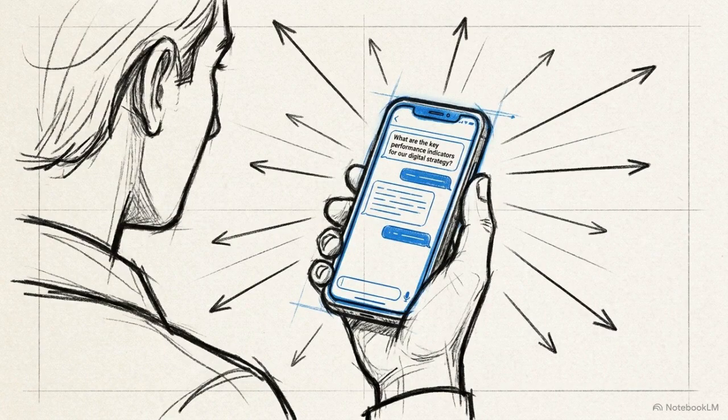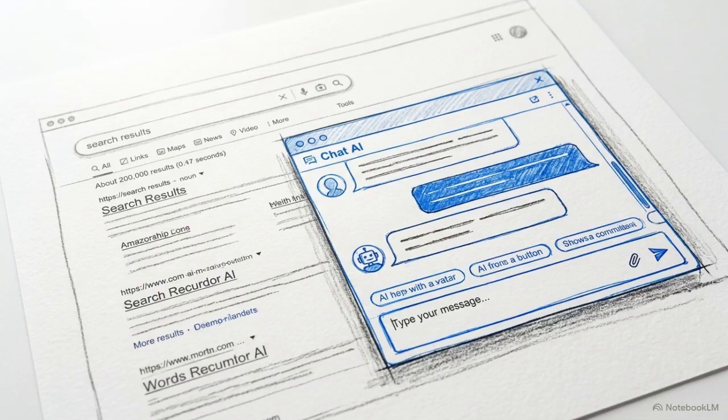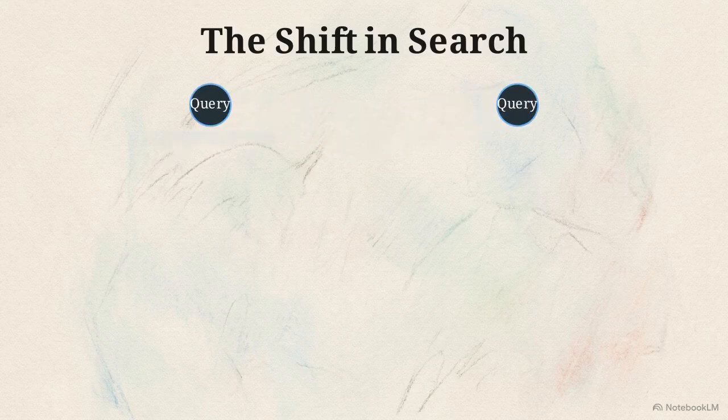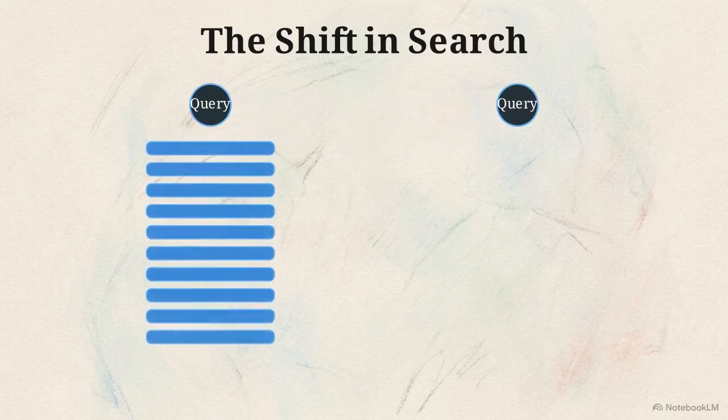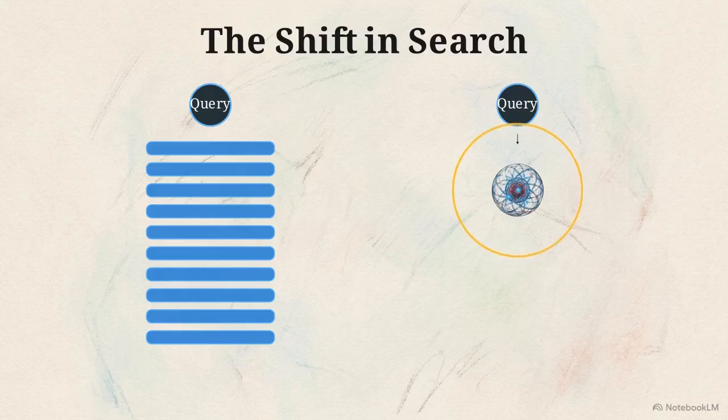A significant volume of consumers are now taking their queries directly to AI assistants, which means optimized rankings are being bypassed before a click can even occur. This diagram illustrates how the path of a query has changed. A standard Google search provides 10 external links for the user to evaluate. An AI tool like ChatGPT processes that same query and returns a single direct recommendation, often naming only one or